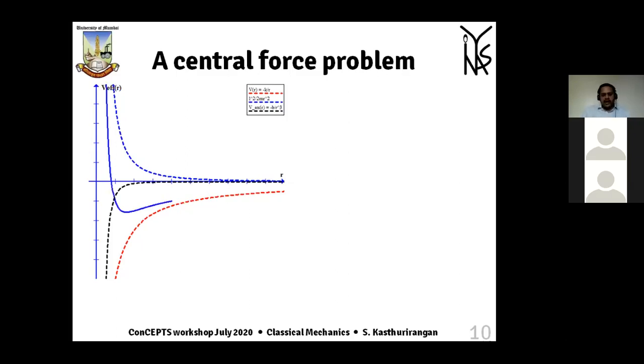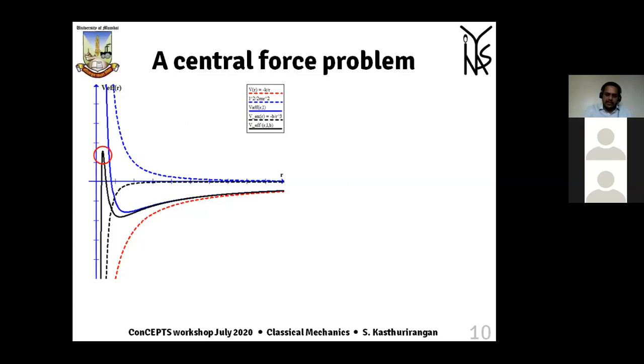And if you only had the Kepler potential and the centrifugal barrier term, the blue solid curve is what you get, this kind of shape. And if you add the third term, then you get something which is asymptotically the same, but at low r, it has a different behavior. In particular, it has a bump at one point beyond which there is no centrifugal barrier. And you are asked to find the property of that particular bump.